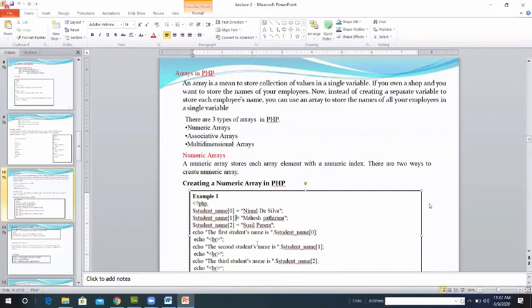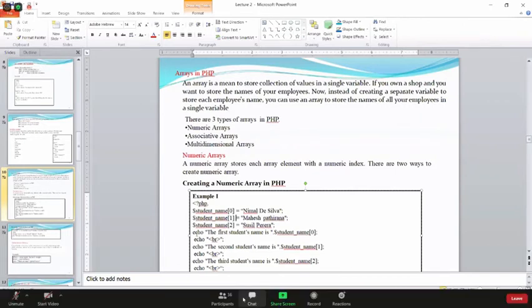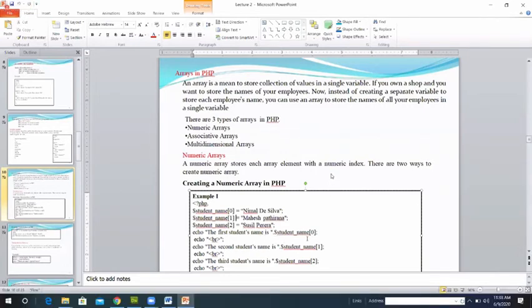If you want to display the first student name, these are the three students' names you want to display. The first student name, we write with the 0 index. Then you write the echo statement, the first student name, the dot operator, then the variable where you display the 0 index.